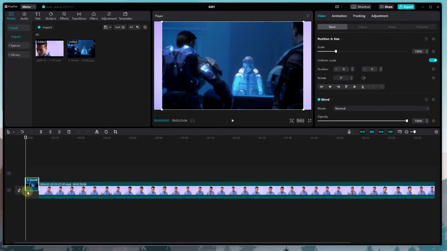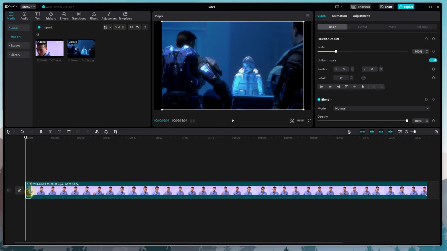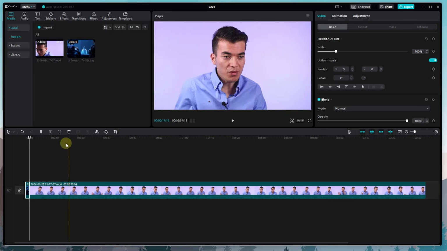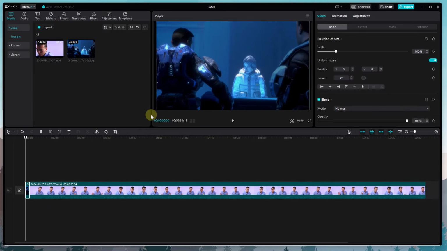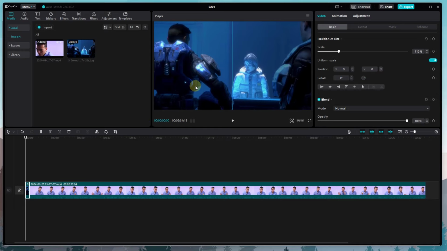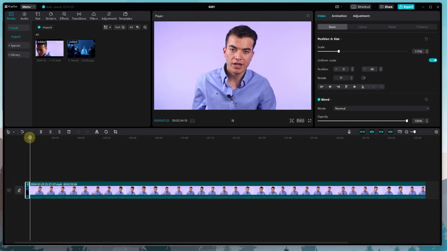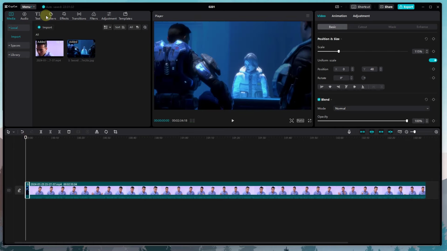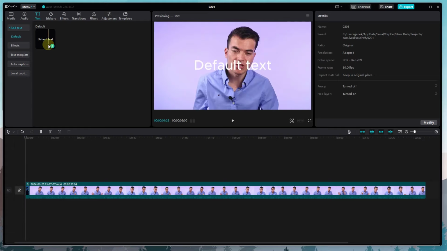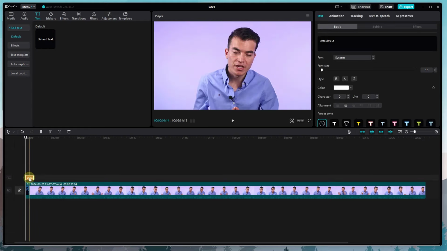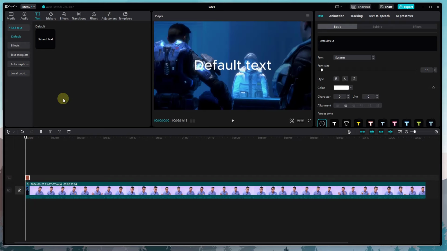So we're gonna just drag it over here at the beginning. We're gonna adjust the length. So that's it. And now we're gonna adjust the size. Right now, as you can see, it's just a clean picture. We're gonna add a text on it, just by adding a little button. We're gonna adjust it. Now we're gonna say,